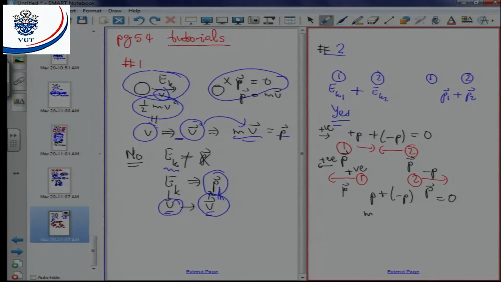But just a reminder, p is mv, so we do have non-zero v, so that means we have non-zero kinetic energy, so we'll have 1/2 mv1 squared plus 1/2 mv2 squared. Even though we have zero momentum, we have non-zero kinetic energy, because this term is positive, that term is positive, so the total answer is non-zero. So the answer for number 2 is a definite yes. Okay, so now